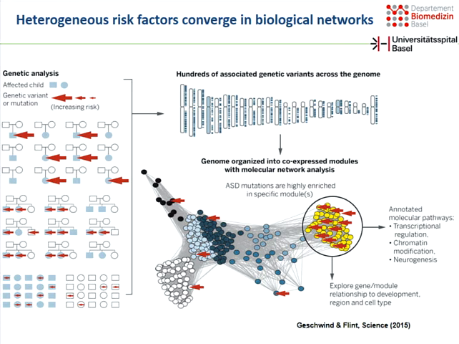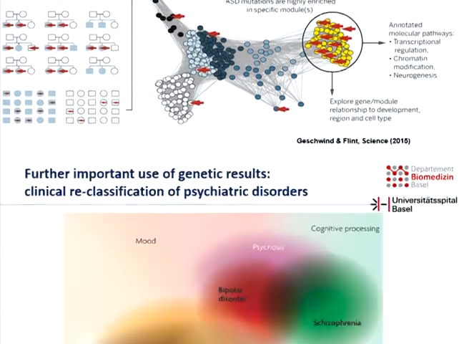And here's an example, I think this is for autism spectrum disorders, where you find all your variants, common and rare variants, enriched in certain biological networks. And that also helps you, apart from all the individual associations that you may have, to have a view on the big picture. So what are the biological processes that are involved in the disease? And so biological network analysis with your genetic data, that really helps you to make sense in a biological way.